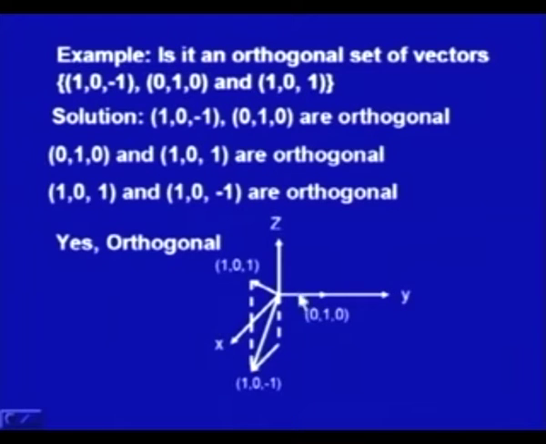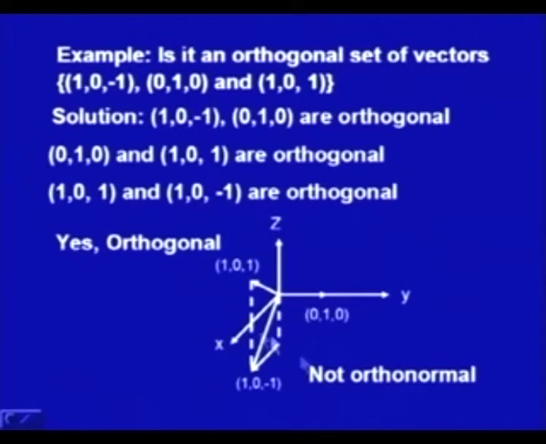The y axis is perpendicular to the x z plane. So these three vectors are orthogonal. Then, whether these two vectors are perpendicular or not, let us check. We have to compute the inner product. 1 0 1 is this 45-degree line, and this is again on the negative side, so this is also 45. That means the angle between these two vectors is 90 degrees. So that is how these three vectors are orthogonal. This is a geometrical interpretation.